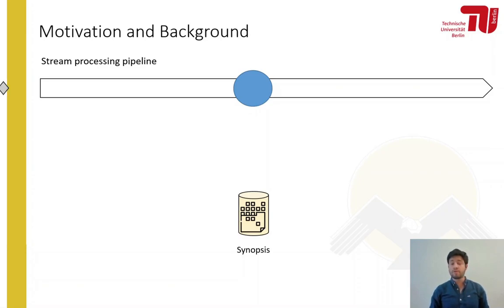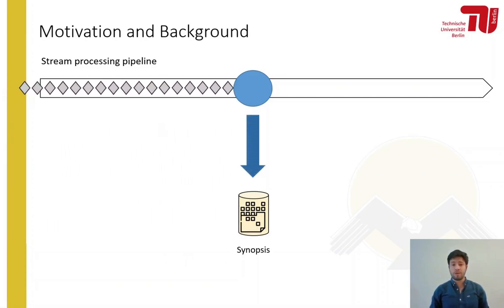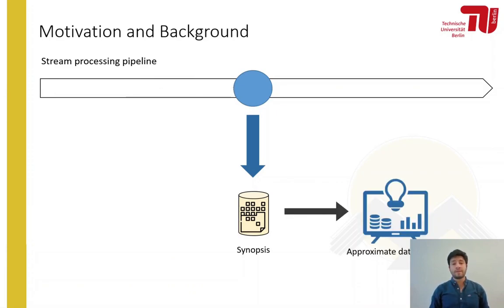Until now, when a user wants to perform approximate data analysis using such a data flow engine, he usually constructs the synopsis with a pipeline operator. However, the analysis itself is performed outside the pipeline. Constructing the synopsis is very efficient and can usually be performed with very low latency. Nevertheless, we wanted to improve this technique to provide data flow engines with the necessary tools to support approximate data